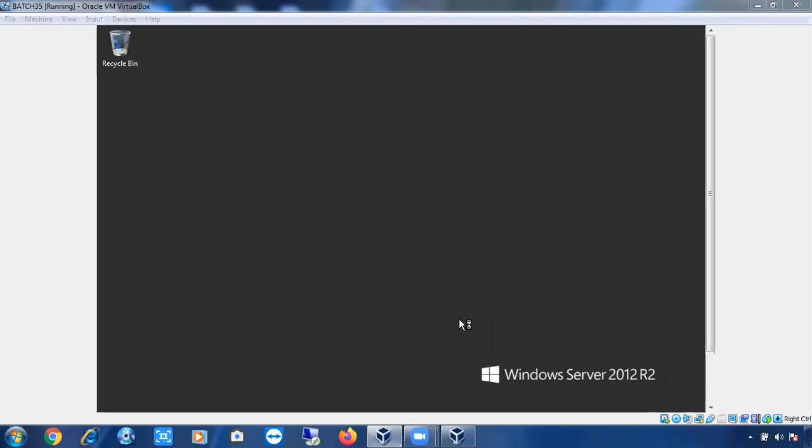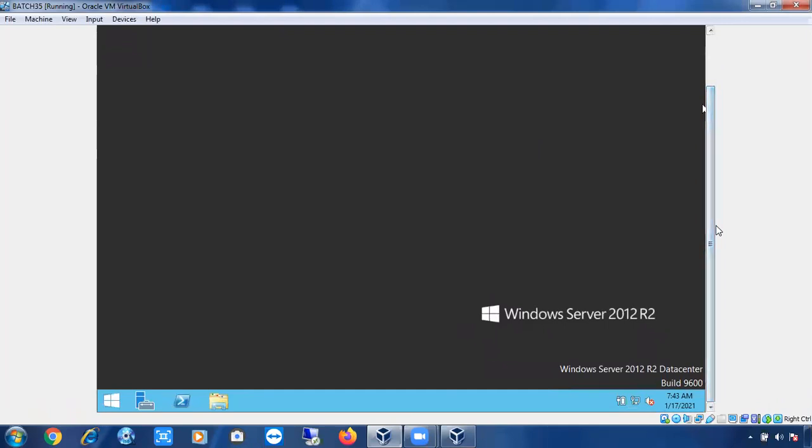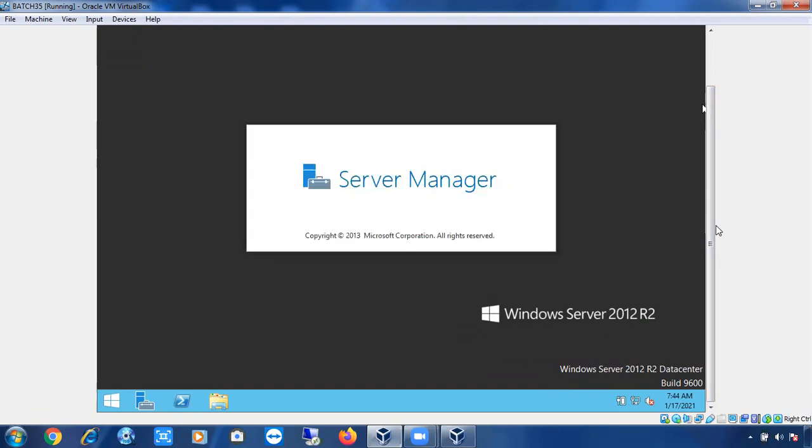Okay, fine. So the answer here is which SQL Server you installed first. If you install SQL Server 2012 first, then the SSMS shortcut will be assigned to SQL Server 2012. If you install SQL Server 2017 first, then the SSMS shortcut will be set up for 2017. So it depends on which instance you installed first, then that instance's Management Studio will open, right?